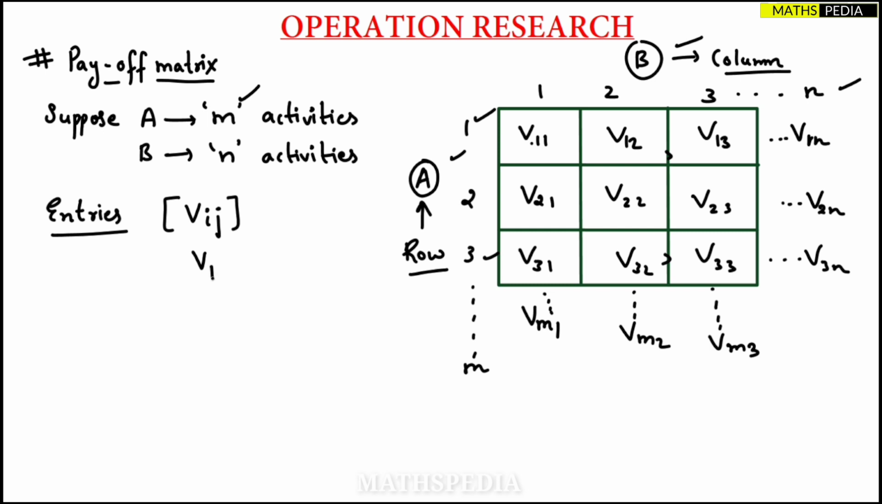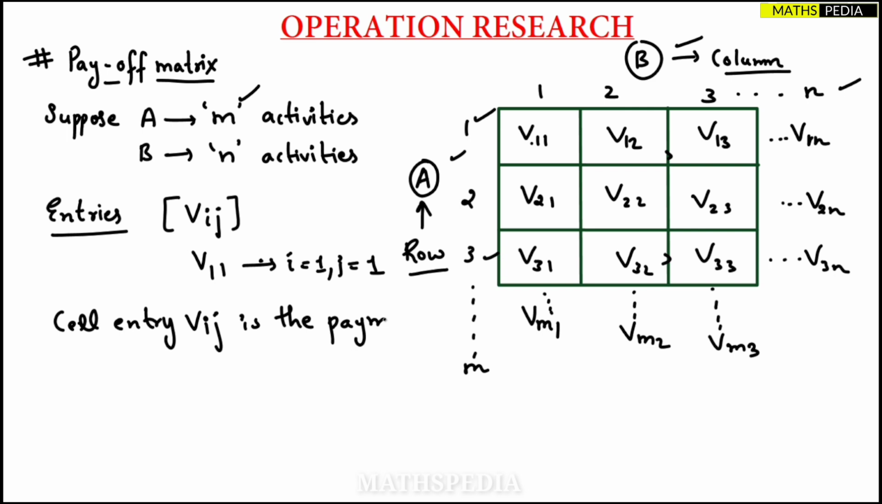Vij, because if I write v11, i is 1 and j is 1, right? Okay, so the general form is Vij. Now this cell entry Vij, general form Vij, is nothing but the payment. As I said, the payoff matrix is nothing but related to the payment, right? Payment made by whom? Player B to player A,